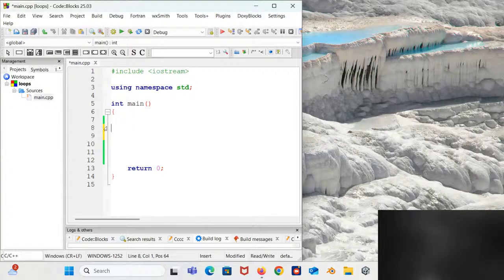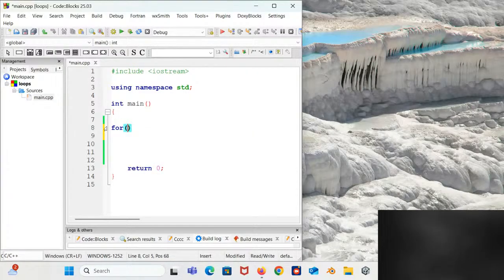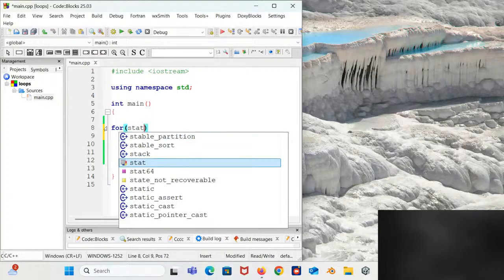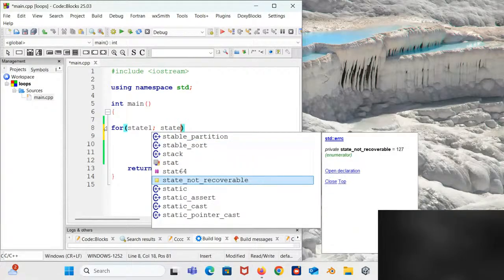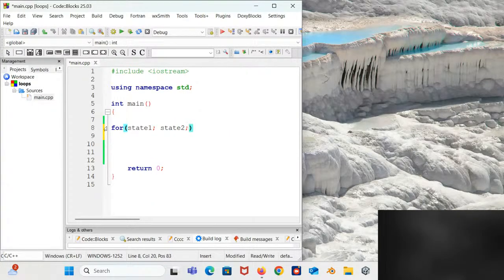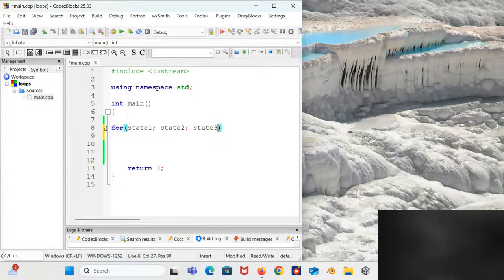Now, the syntax for the for loop says that you first have to bring the keyword for. After the for, the first statement will come, statement 1, terminated with a semicolon, then followed by statement 2, also terminated with a semicolon, then followed by the last, statement 3, which is not terminated using a semicolon.